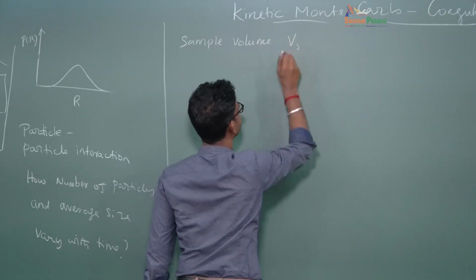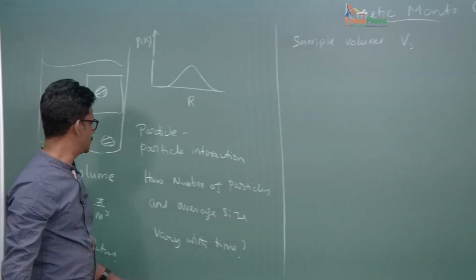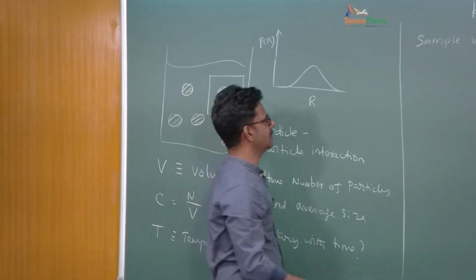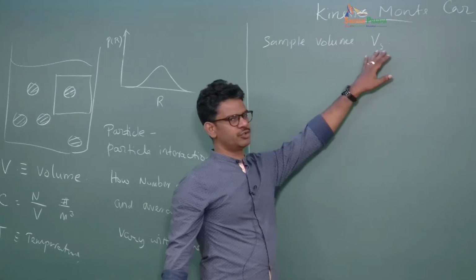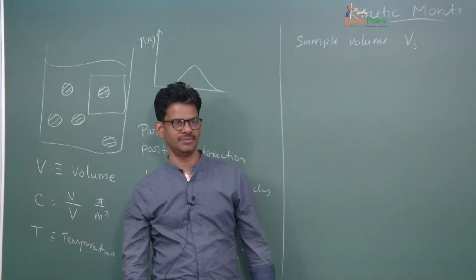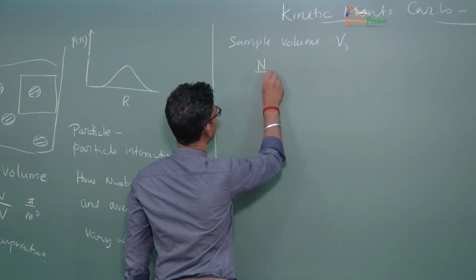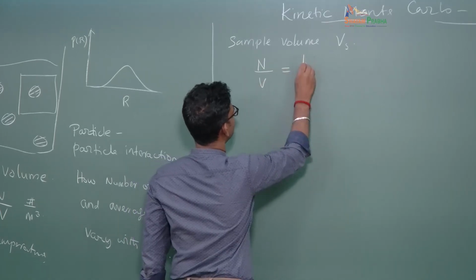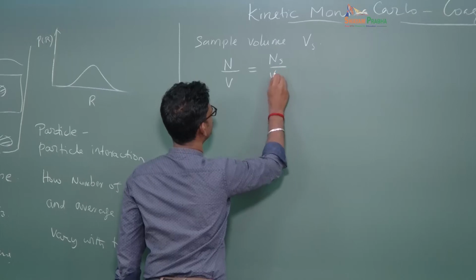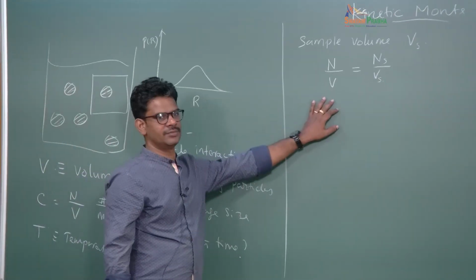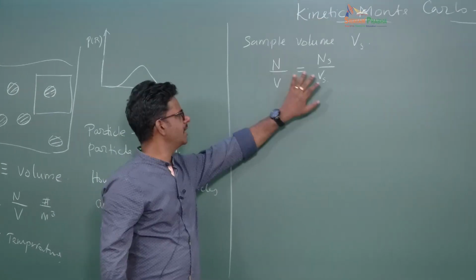So we say this is Vs, and this Vs is much smaller than the actual system volume V. However, the concentration in the sample volume should be the same as the concentration in the original system. So we say that N by V should be equal to Ns by Vs, right? The number of particles per unit volume should be the same in the original solution as well as the sample volume